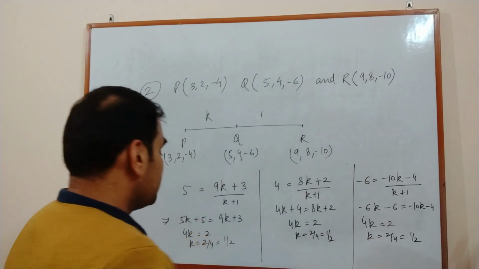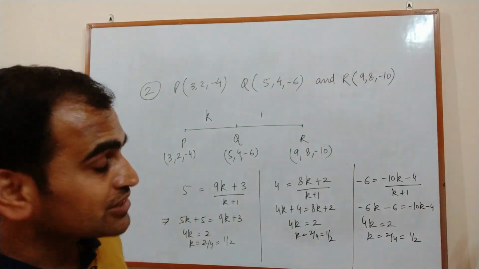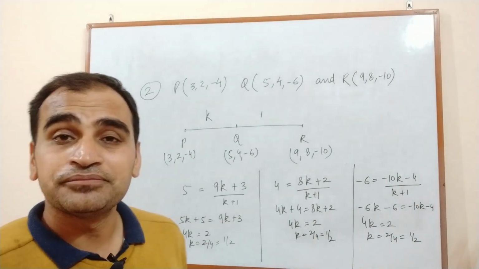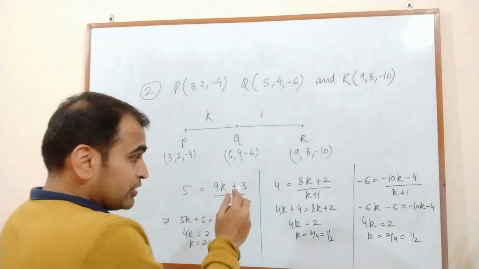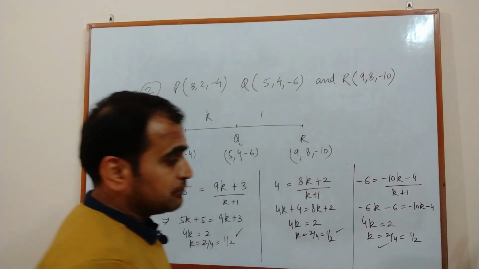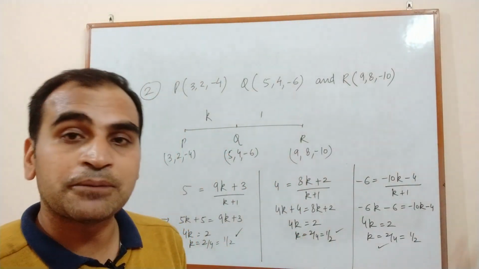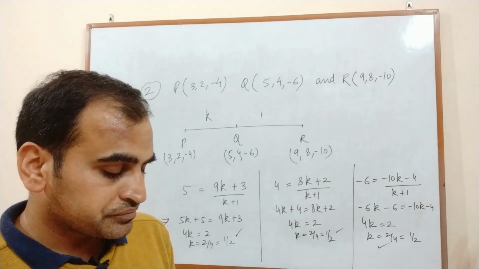You can see we are getting the same value of K. Means this ratio is the same. So it means the points are collinear. So if you want to check whether the points are collinear or non-collinear using the section formula, अगर ये points non-collinear होंगे तो you will get different values of K. Maybe 2 values of K are the same, third one maybe तीनों में से कुछ ना कुछ difference आएगा, सब same नहीं आएंगे. Then only you can say the points are non-collinear.